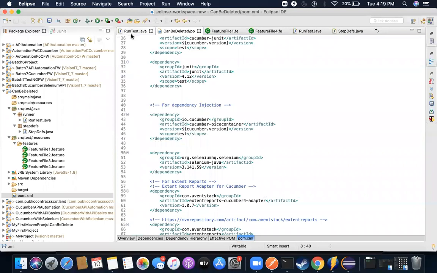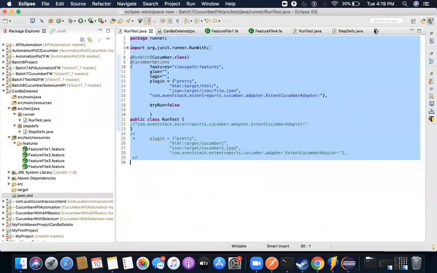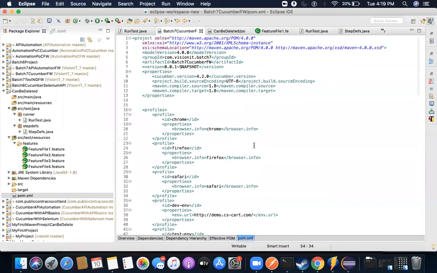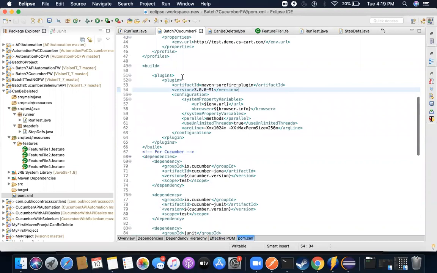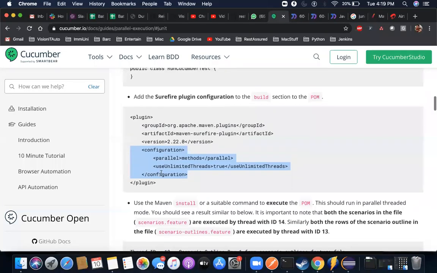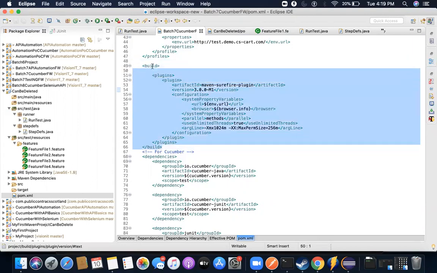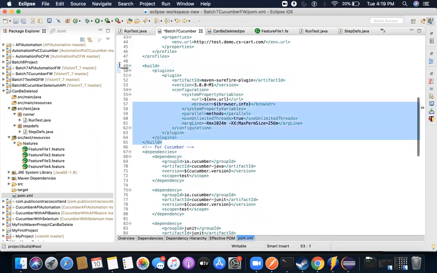So I'll go back to my original POM where I have tried this earlier. This is the Surefire plugin, and in this case I'm using 3.0.0-M1. Why? Because the version which is mentioned here, 2.2.0, somehow was not working. I googled it, and it turned out that this has some bug or issue. It doesn't allow parallel methods, so some error was coming. So I resorted to the latest version of Surefire, and the same I'm going to use to demonstrate this. So I'll copy it,